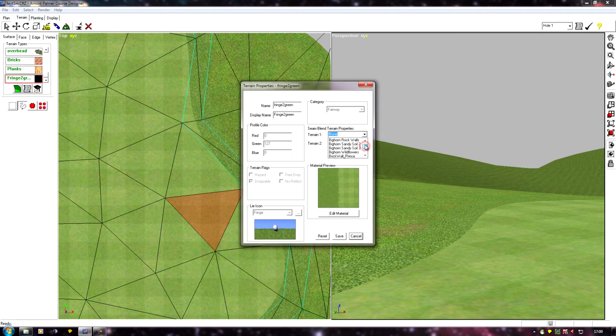There may be more than one in our list, and if we're ever going to set custom terrain properties, we must make sure that we select the right texture, otherwise the terrain properties won't work correctly. So don't just go down the list and select fringe because you see a fringe, because there might be more than one. In this case there's a fringe and a fringe 2003. Well, we know it was fringe 2003,